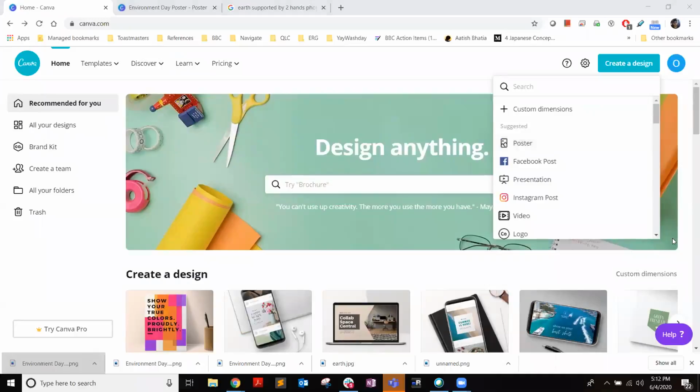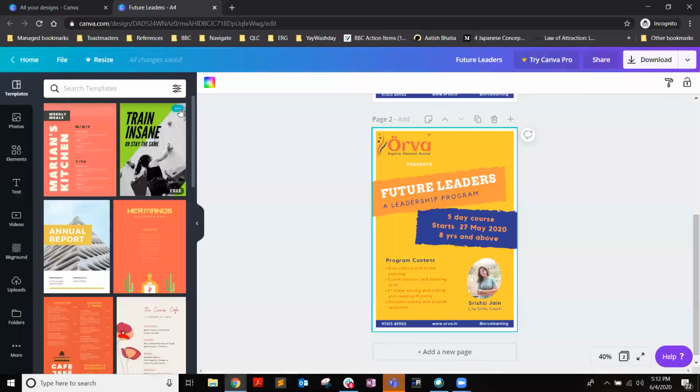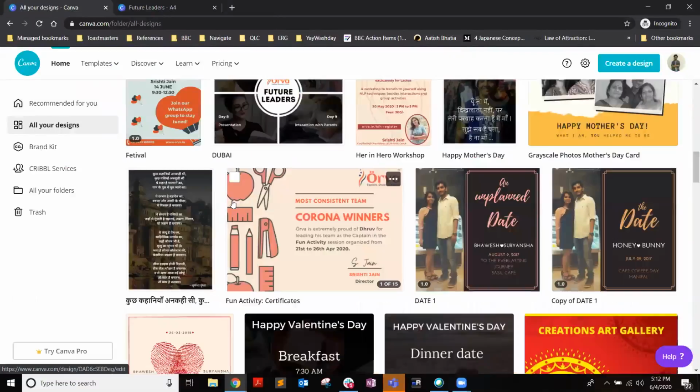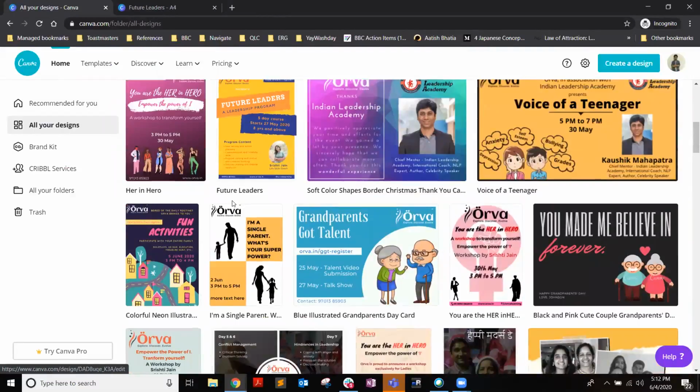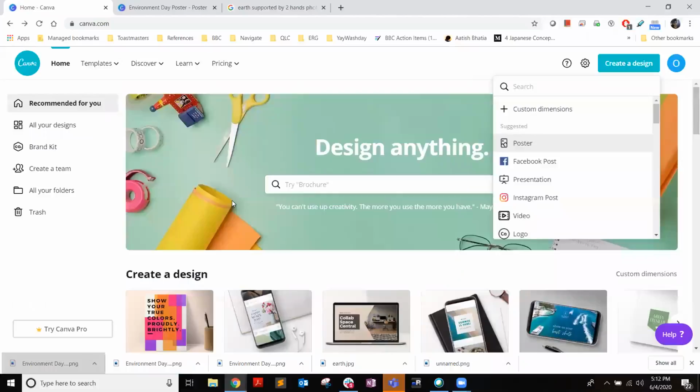Sir, if we have time, can we go for some certificates or logo designing or something? Yes, we can do that. So if everyone agrees, okay. You saw the certificates which were distributed from Orva in the activities you took part in earlier, right? All on Canva itself. Let me show you here. Okay. So I'll just check it out and I'll let you know what I came up with.